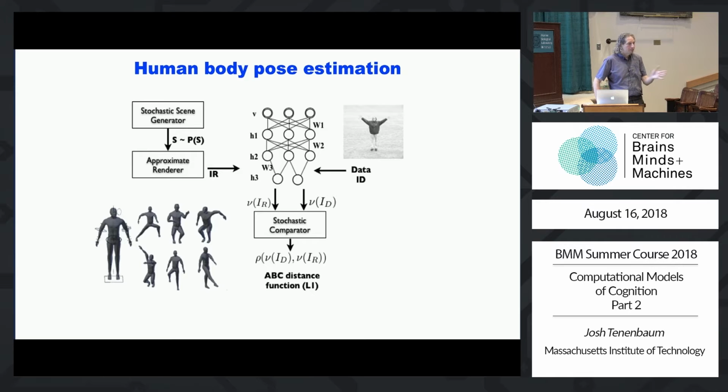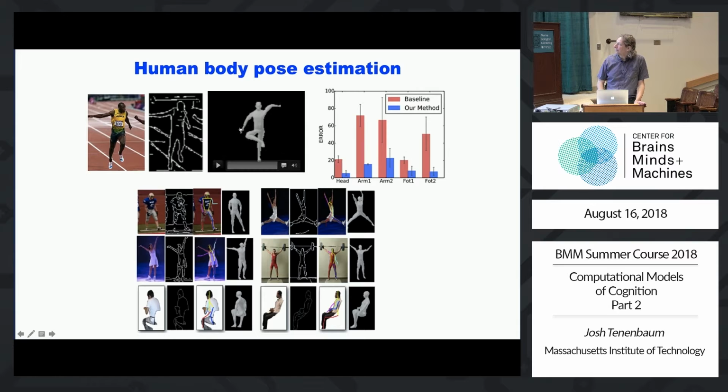You can apply these things. The same framework can be applied to perceiving bodies, right? The power of having a probabilistic programming language is I don't have to separately engineer a system for body perception. I just give it a model of bodies. So in this case, like a graphics model of bodies, and then I can observe a body, in this case, like here's Usain Bolt, and now you're going to see the same kind of top-down inference chain where I'm making local adjustments to a 3D body model until it looks like the image. Okay. You'll notice that it doesn't look like the image at the pixel level here because we don't require that the model match at the pixel level.